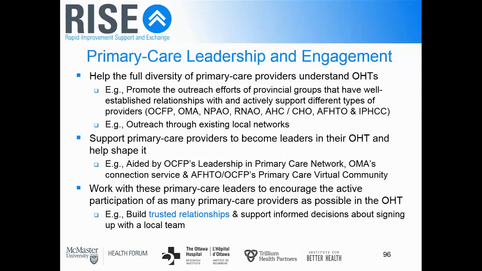And similar to Mike, this is my next slide, here I bolded or put in blue trusted relationships. So initially what is going to matter the most is that your focus is building trusted relationships with the primary care providers in your community. Many of them are going to have had experiences with the big hospital, with other providers in town, and they're going to be very suspicious of yet another effort to reinvent healthcare. I'd encourage you to think about taking the steps as slowly or as fast as you can to build or rebuild those trusted relationships, because those primary care providers are going to be absolutely essential in the success of an